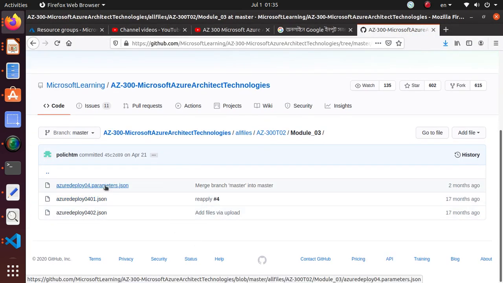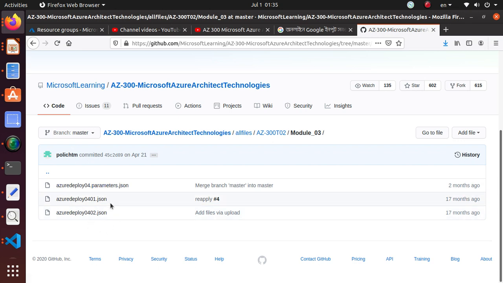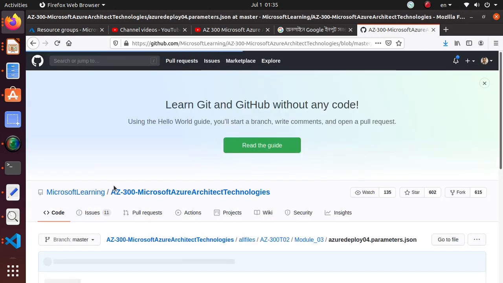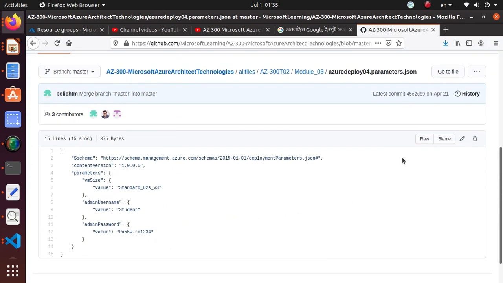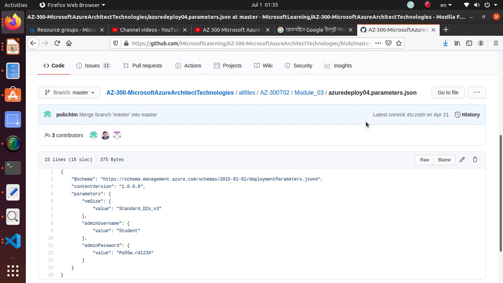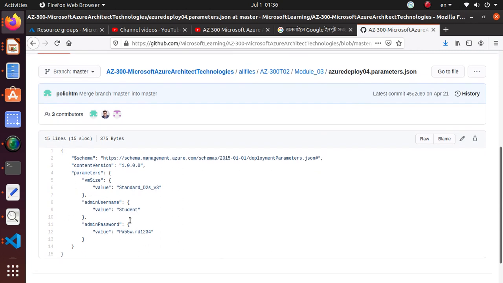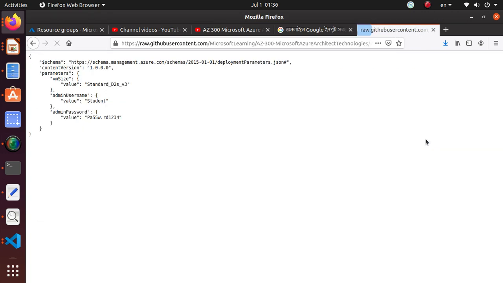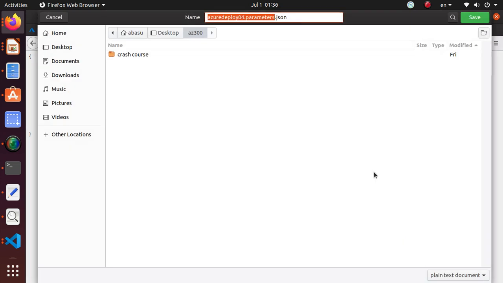So what I'm gonna do, I'm gonna get all 3 of them and download it. Okay, you probably end up needing all 3 of them. So this one is the parameters file, which is where you're sending the parameters that your template file is gonna use, like your username and the password. I'm just gonna click on raw and save as